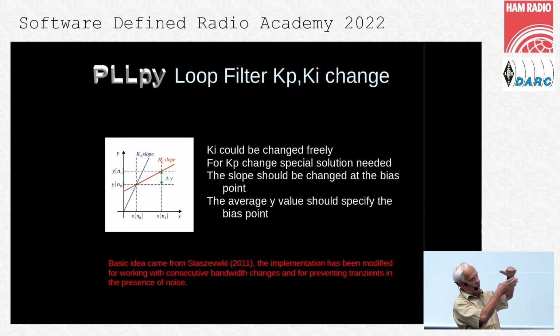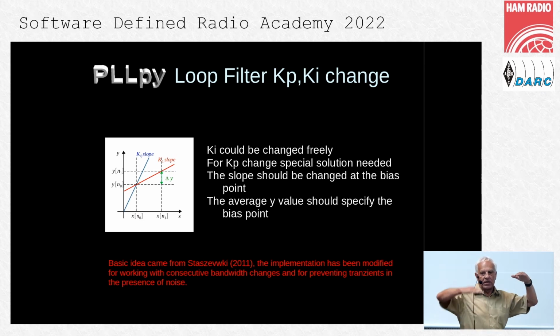If you keep the input signal constant and change the multiplication factor, in that case, the output will change. There will be a step on the output. And because this step will be on the NCO control line, this will be equivalent to having a frequency step in the input. And if you reduce the bandwidth of the PLL,